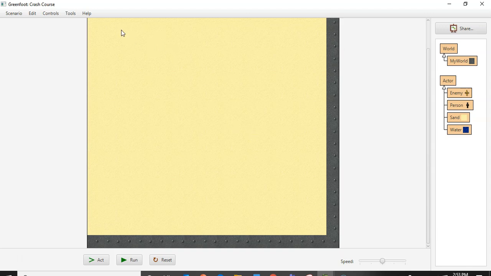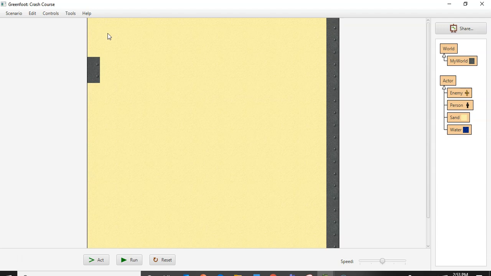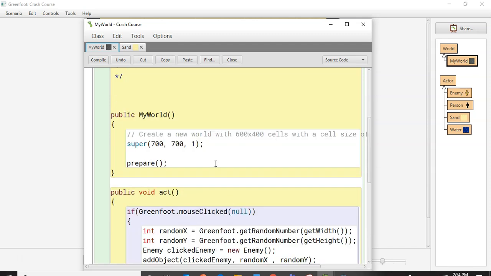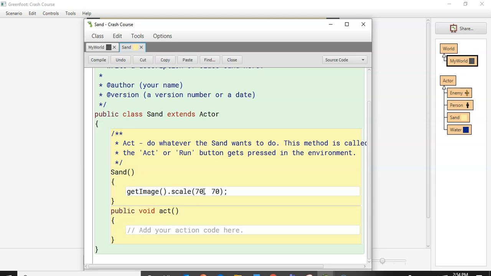Okay, so you have this, and it's kind of not exactly how you want it, and that's because the very first object will start off, and the middle of it will be in the 0, 0 position. So that is the very middle of the entire 70 by 70 block. We want the upper left corner to be in the upper left corner of our world. So if the sand block is 70 by 70 and half of it is going to the left inside of the wall and half of it's going up inside of the height, the top, then we need to